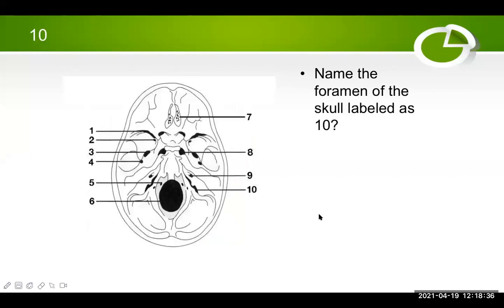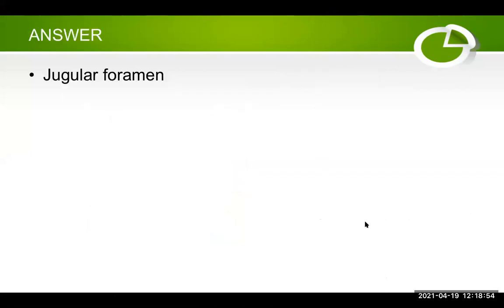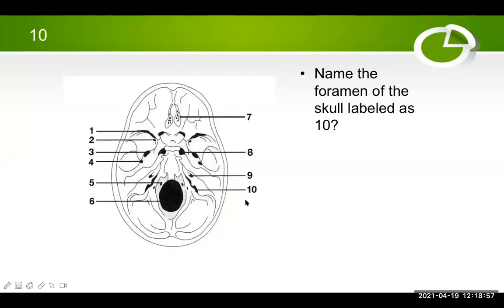Now number 10, name the foramen of the skull which is labeled as 10. It may be a bit difficult for you, probably. Okay. Yes, sir, it is jugular foramen, sir. Exactly. This is known as jugular foramen. The name is there because of the internal jugular vein which passes from there. Okay, jugular foramen. It may be a difficult question, and many of the time,